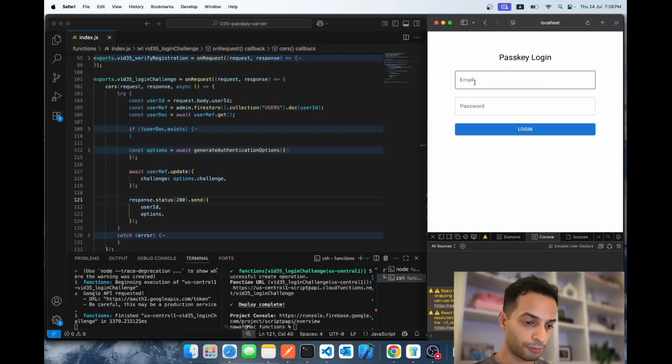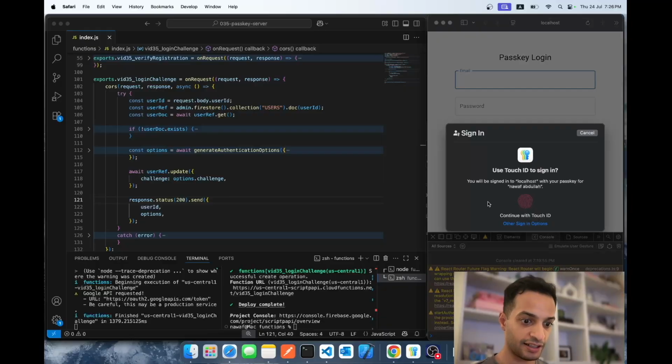All right, so we just interact with the page by focusing on the email field. This is gonna call the API. And now the prompt changed from saying do you want to create a passkey? It says you will be signed in to this website using your passkey. And then when you hit OK, it's gonna